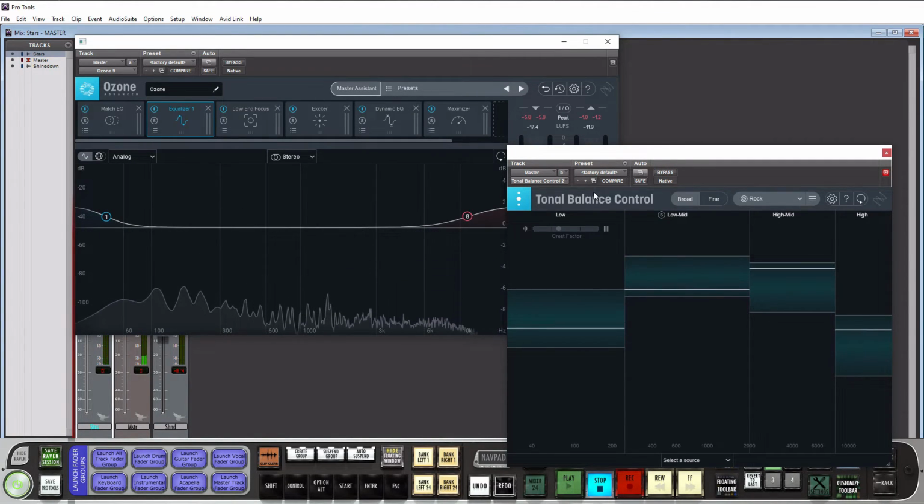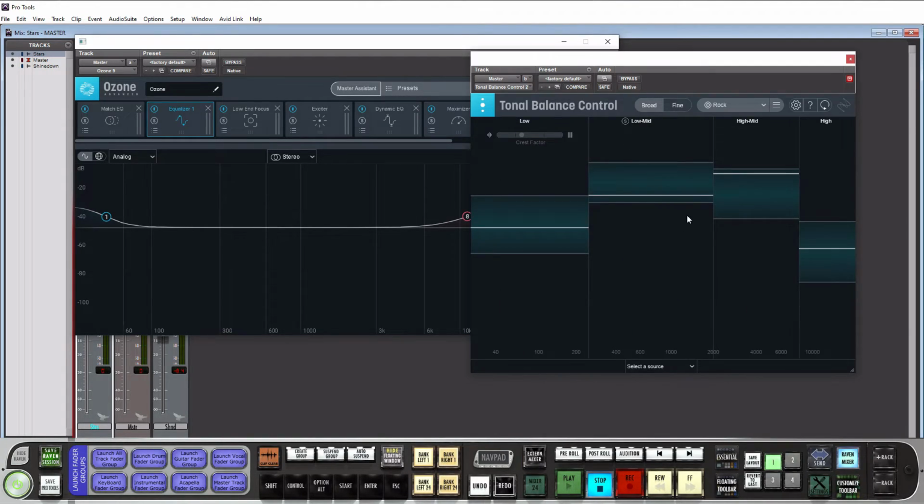All right, cool. So we have hit our target LUFS. We are well within our ranges here. We are a little brighter in high mids, which I think is okay. Now, one cool thing I want to show you guys, if you do choose to maybe bring this down a bit or bring this up, because bringing this up would likely shift this down. Remember, this is an overall balance of your spectrum from all the way at the bottom to all the way at the top. So what you can do inside Tonal Balance Control 2, if you have Ozone 9, none of the prior Ozones work with this,